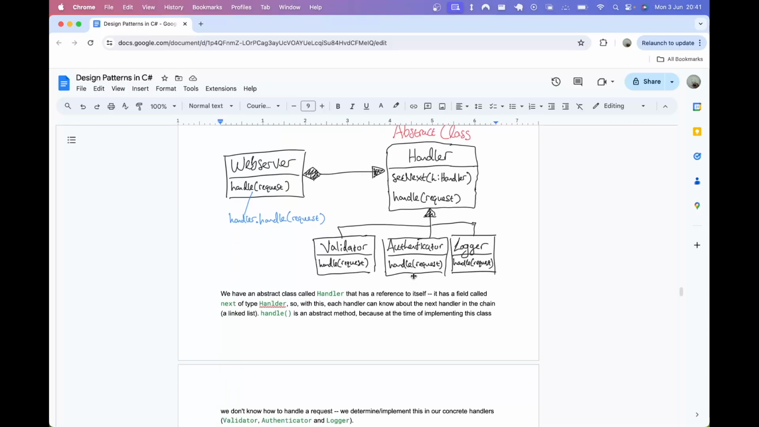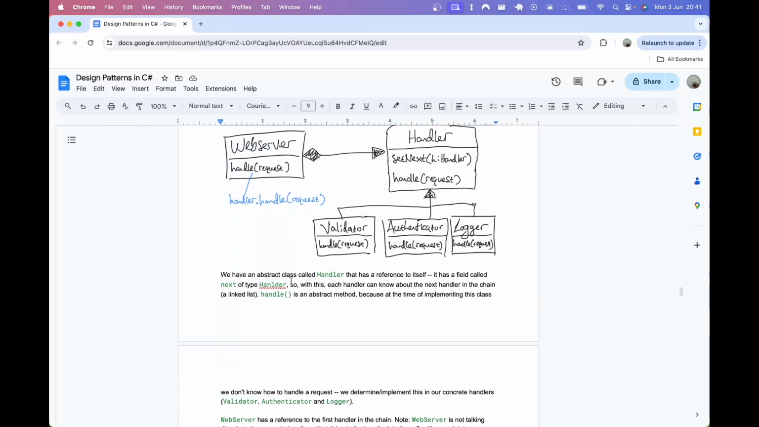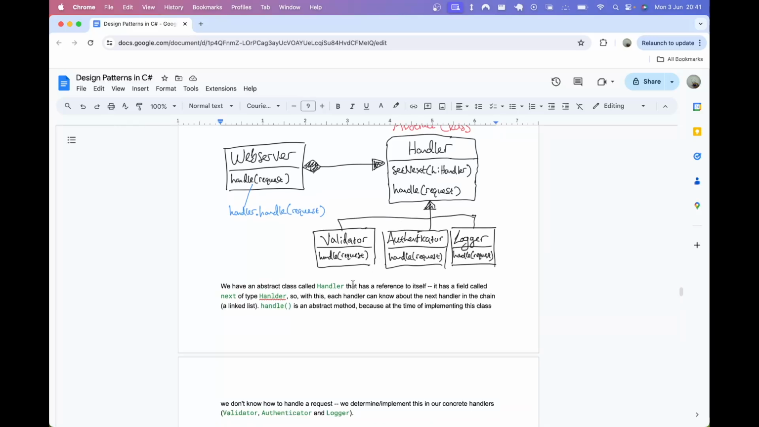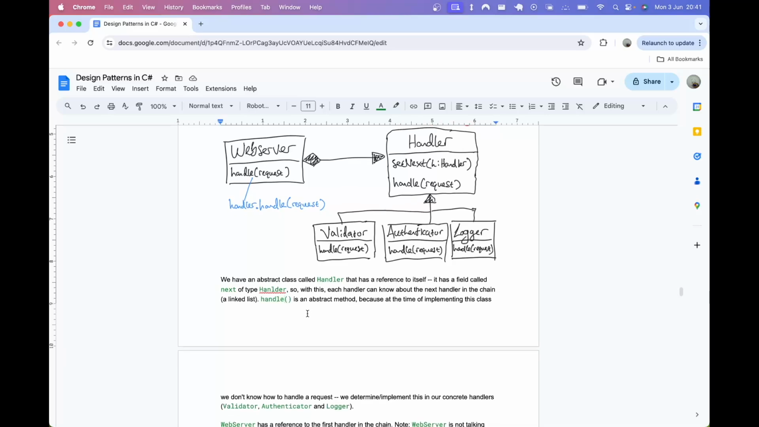Okay, so we have an abstract class called handler, that has a reference to itself. So it has a field called next of type handler. So with this, each handler can know about the next handler in the chain. And this is essentially a linked list data structure. And the handle method is an abstract method because at the time of implementing this class, we don't know how to handle a request. We determine or implement this in our concrete handlers, which are, in our case, validator, authenticator,